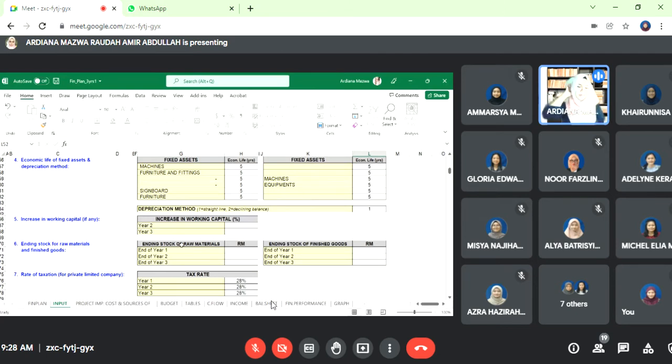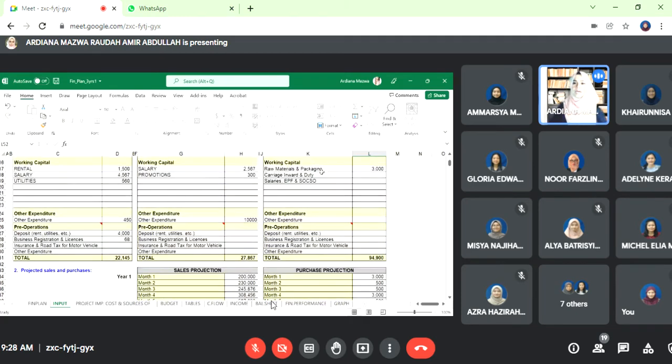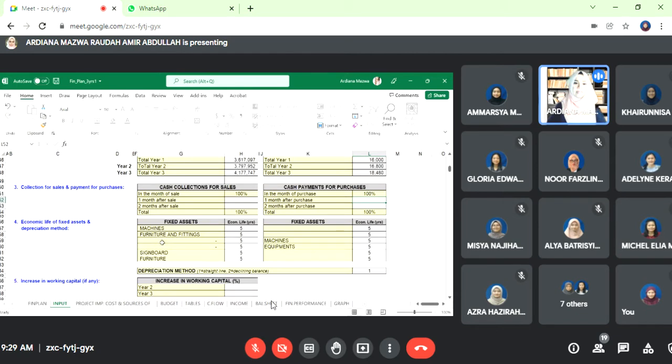Okay, so working capital, as you know, is your monthly expenses, right? Of course, in the second and also the third year, there will be a possible increment in the price of your raw material. Meaning to say, tak adalah hari ni harga gula RM2 sekilo, next year mungkin akan naik, RM2 sekilo, right? Tapi tak adalah naik sampai 100%, like tiba-tiba harga gula jadi RM4 sekilo. Okay, so you might expect some increment in your working capital,